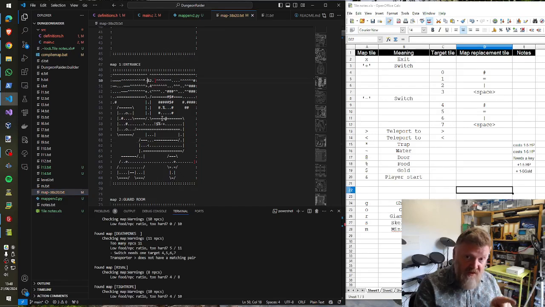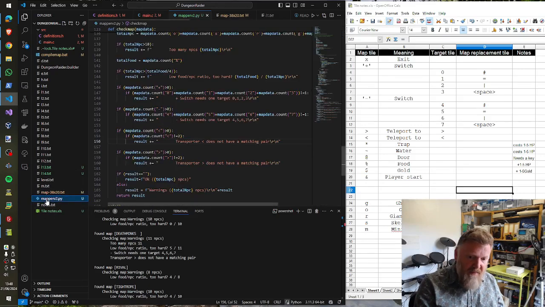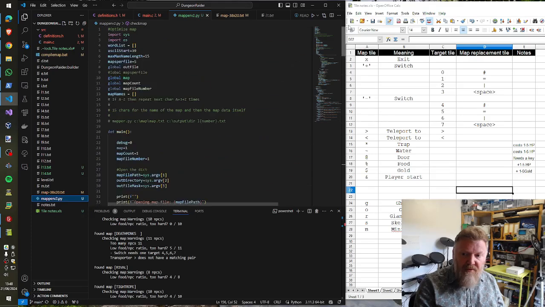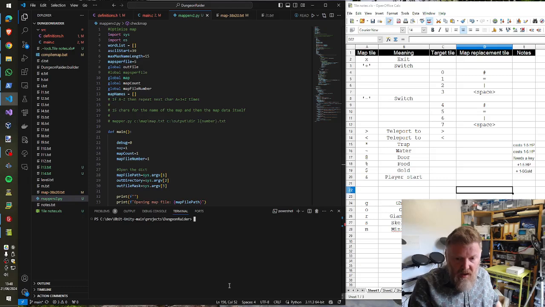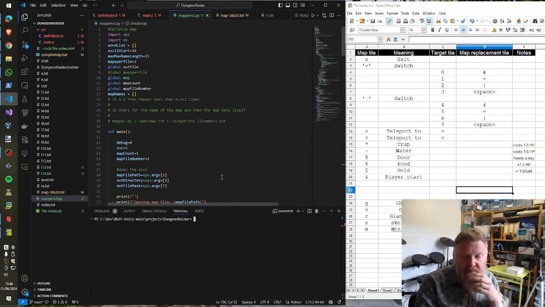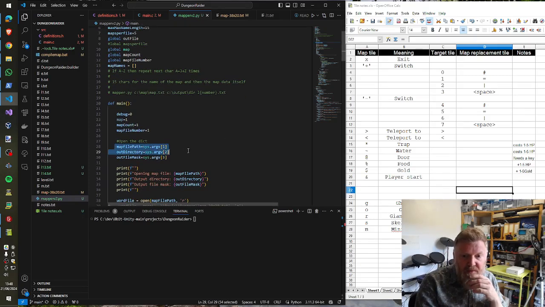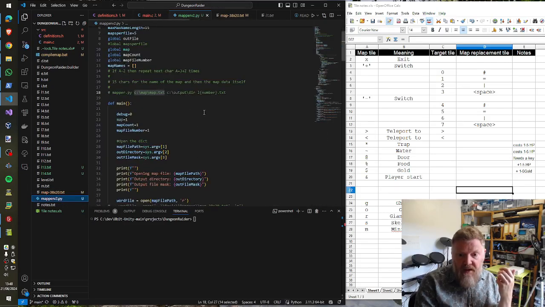Now, interesting thing is, with 100 files, it's very easy to have errors. So I've written a mapping program in Python. What that does is it will validate the maps. So it takes some input values here. It takes the input map name, so that's all the maps together, i.e. this file here. Then the output directory where it's going to dump these, and the naming convention that you want